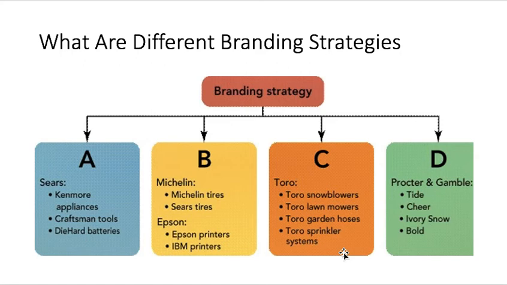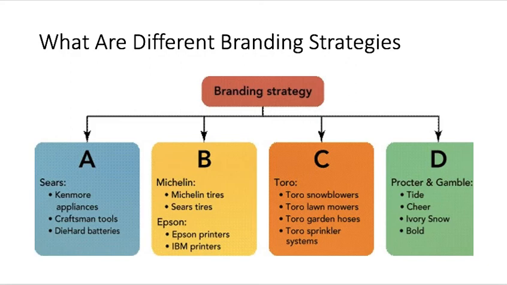And multi-product branding, which is C. And that's where the company uses one name for products in the product class, like Campbell's Soup. And then all the Toro lawn tools. They have different snow blowers, lawn mowers, things like that. So look at page 284 or page 275 in the 7th edition